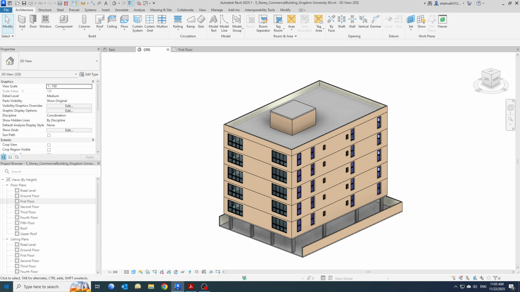I'm Mohammed Shahrukh Khan, and in today's tutorial of Revit, we are going to see how we can calculate the total number of bricks in Revit. For example, here you will see we have a building project present. It's a five-story building. Now for this project, what I want to do is the calculation of the